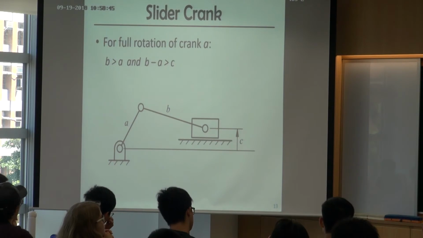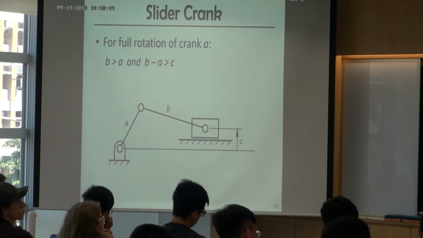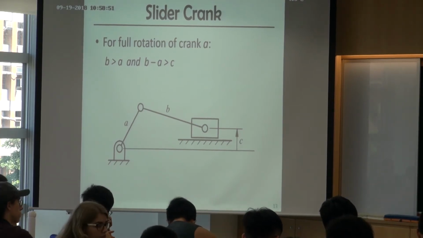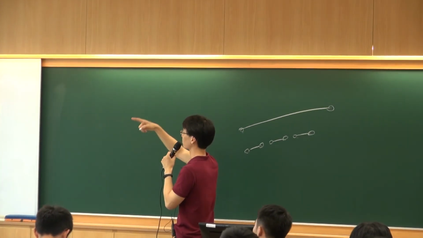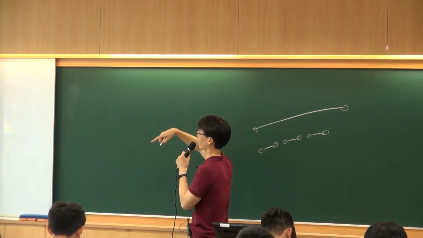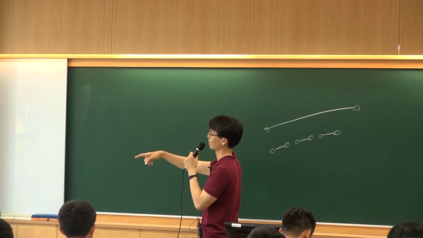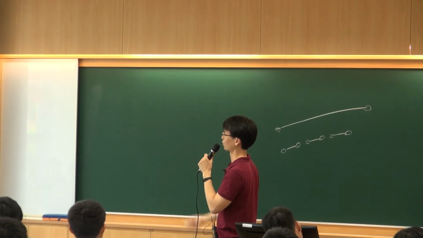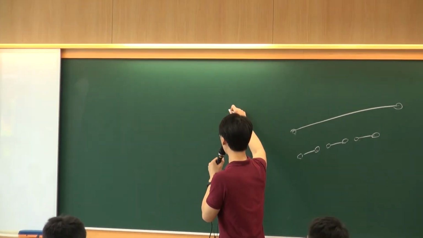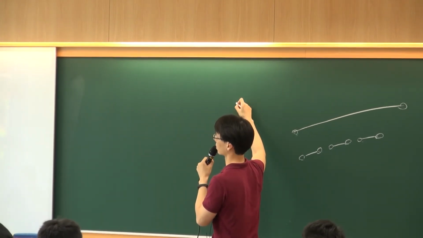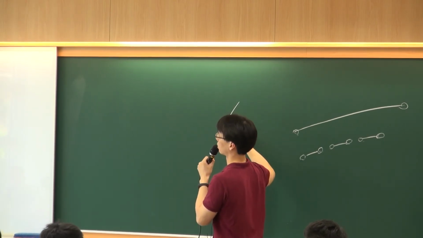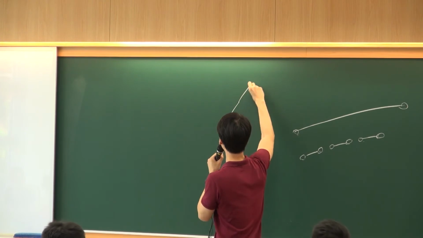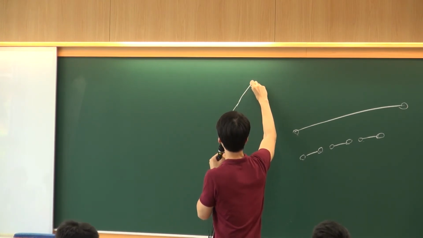But here, I don't have an example to show you. Any questions? Maybe I can try to draw it. So suppose B is larger than A. No, suppose B is smaller than A. Then I suppose the crank is not going to be a crank. It's not going to do a full rotational motion. If I draw a mechanism A,